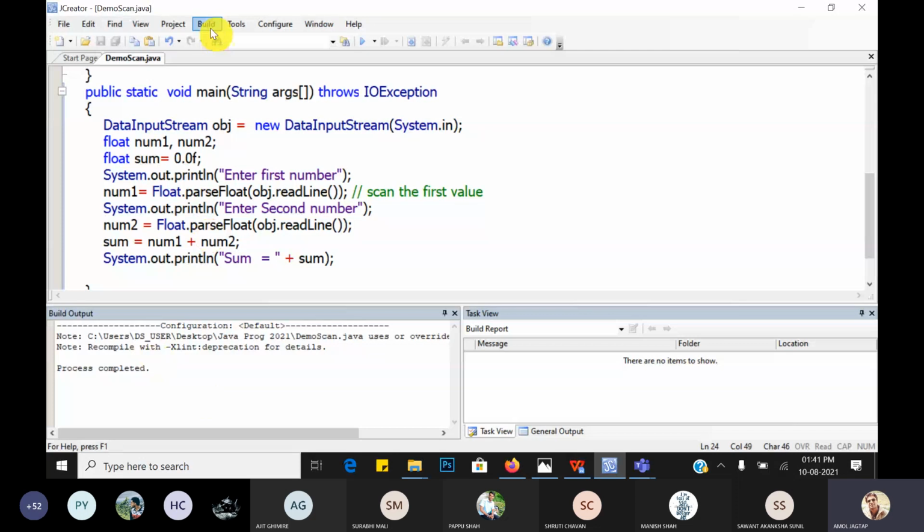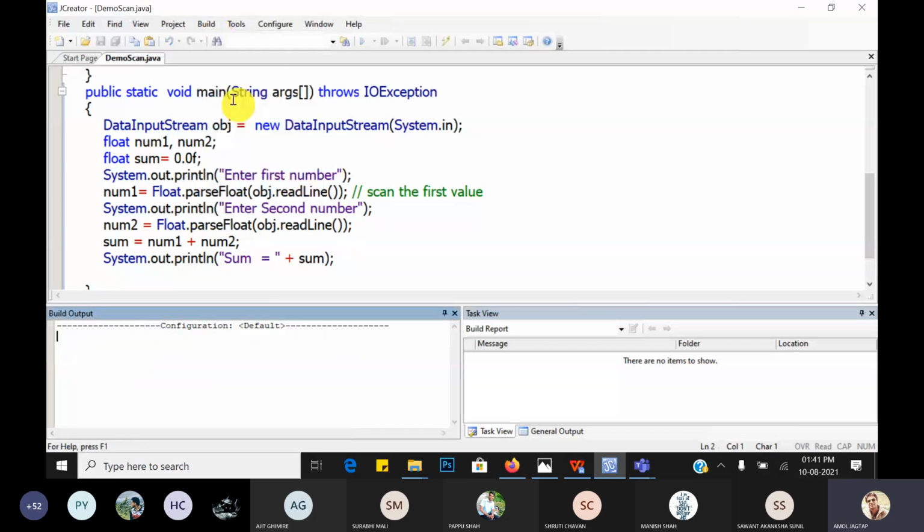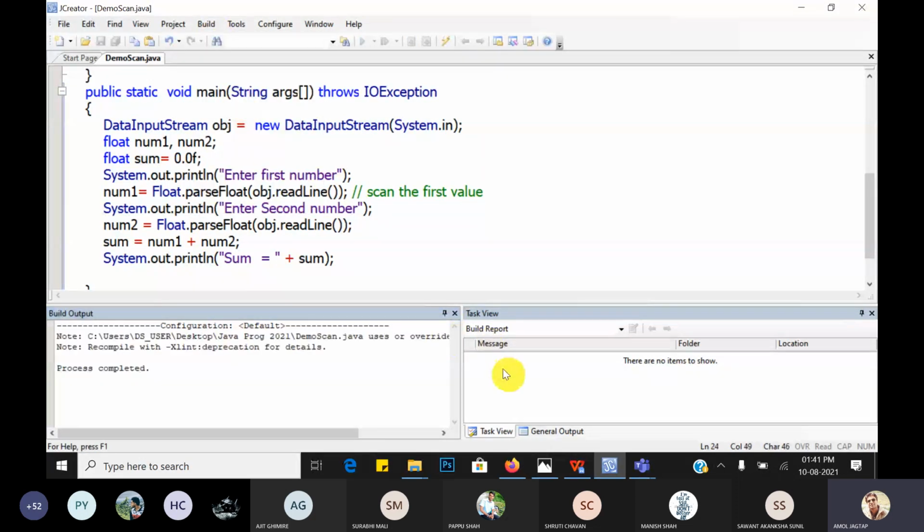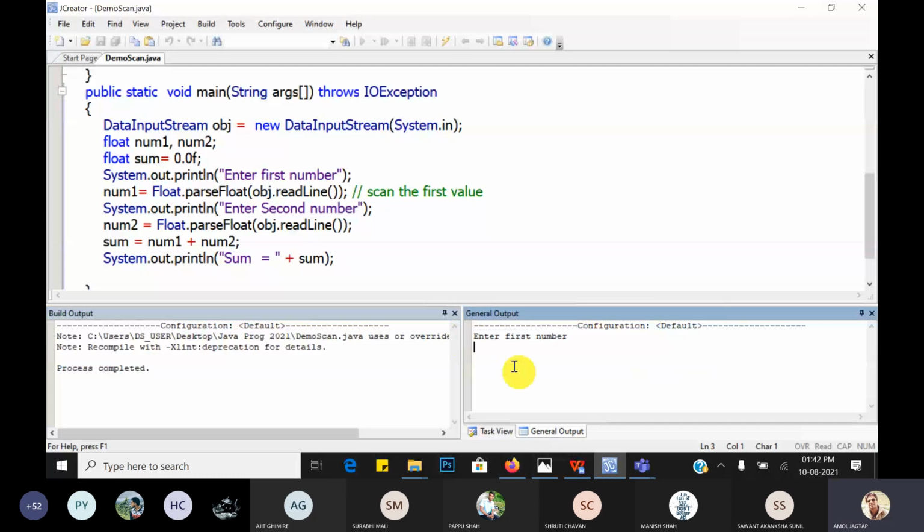Okay, now it does not give any compilation error. Now execute the file. So input 20, 30.40. Yes, and the output is 40.6 or 40.60.